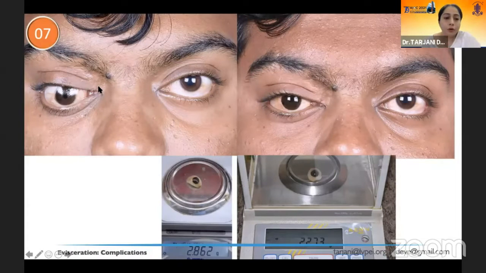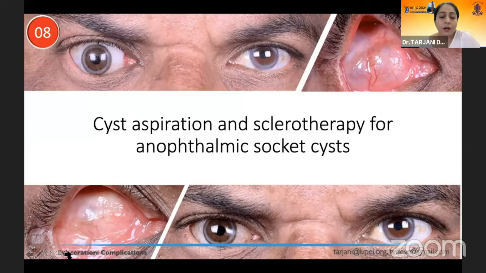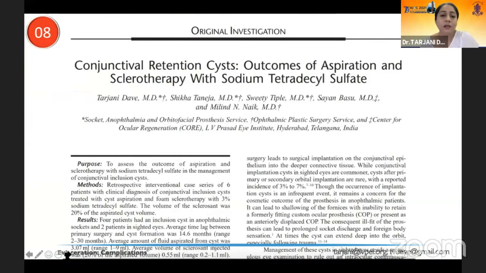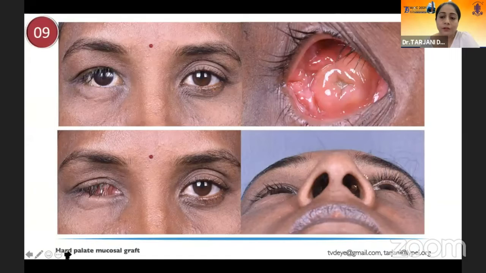Another patient with such lower eyelid retraction, which is simply corrected by placing an additional implant, such as a Porex wedge implant, into the orbit. Another situation that we also commonly see is protrusion of the prosthetic eye that can develop due to such cysts in the socket following surgery. And these can very easily be treated by just aspirating the fluid within the cyst and injecting a sclerosant into it, making it a 2-minute office procedure rather than undergoing a large surgical procedure.